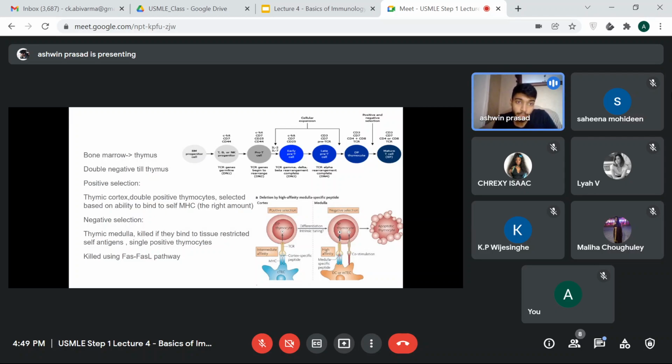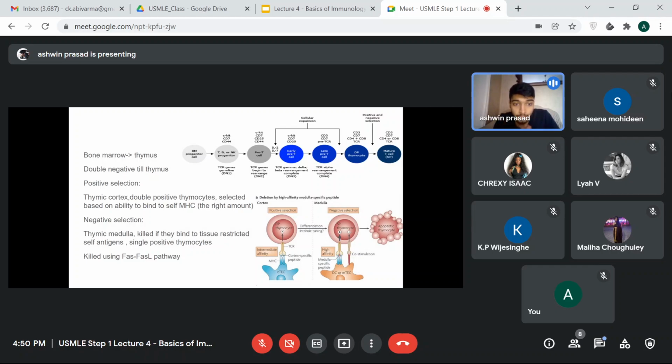Again, there has to be a regulation in place for us to be able to differentiate our cells from the cells that are infected with the pathogen. So all the T lymphocytes go through a process of selection, initially positive selection and then negative selection, before they can enter the bloodstream as mature T cells, so that they don't go rogue and attack all the cells blindly. So the first selection is called positive selection. And what happens in that is that